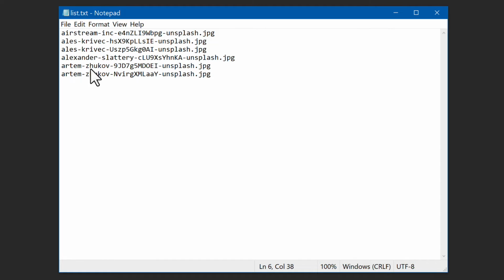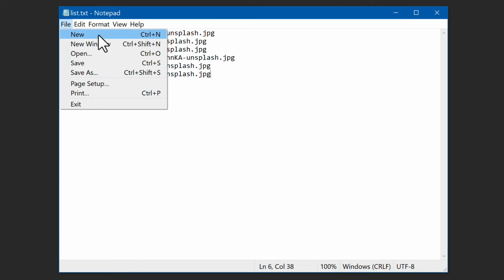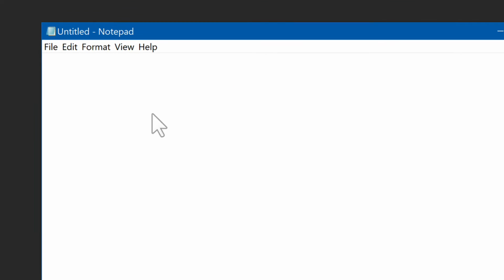Now make a new file. File menu, New. We'll use a DOS command to move the images.